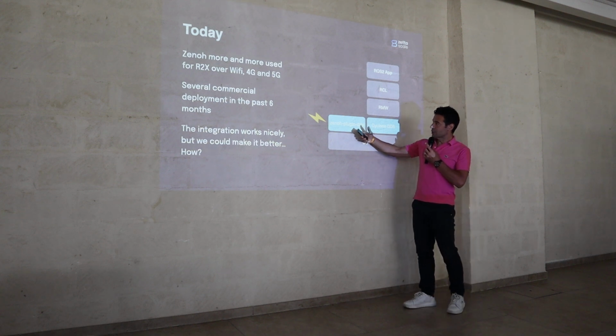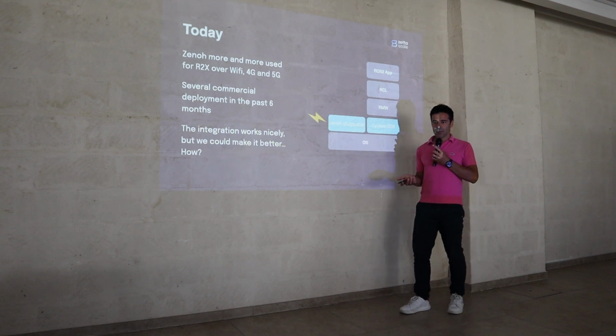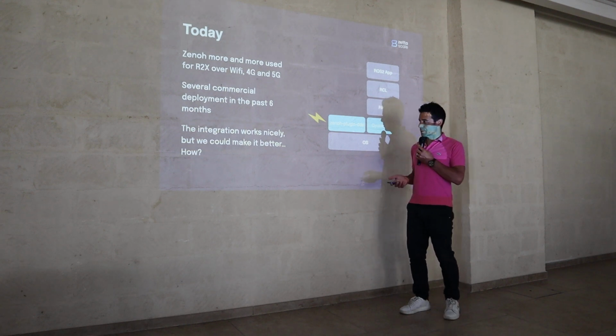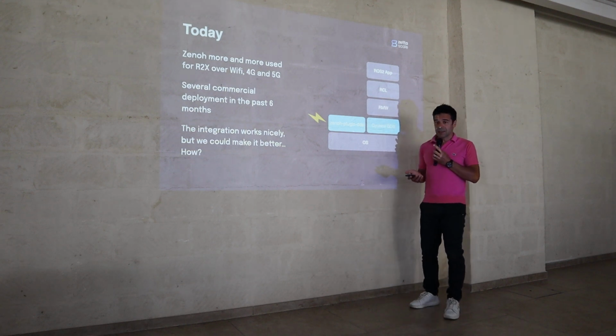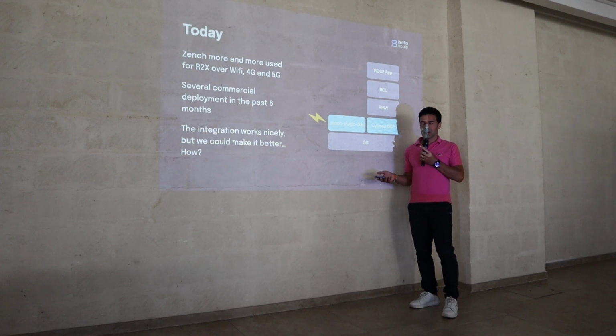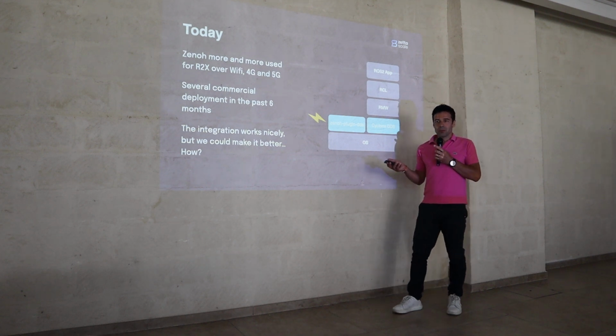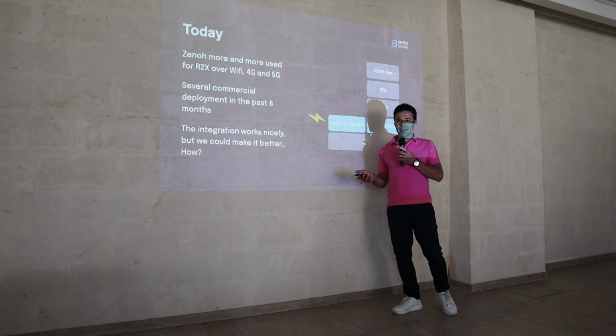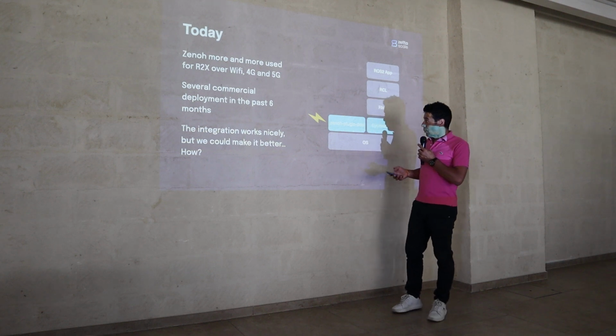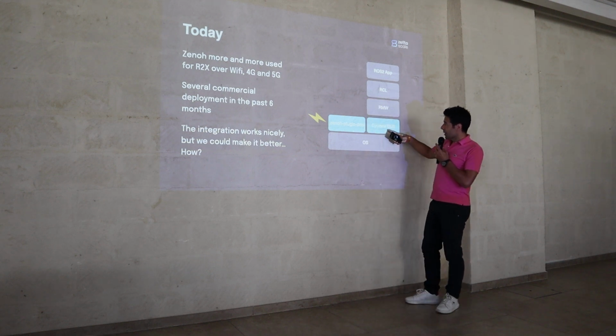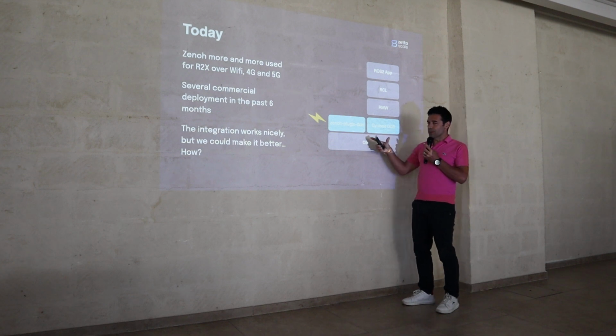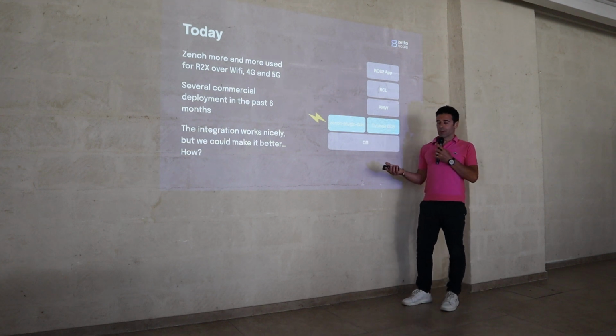And then they leverage Zenoh for robot-to-robot and in general teleoperation. Okay, so this works very nicely. Quite a few companies have deployed this as is, and so you might say, if it works, why change it, why touch it? Well, because the issue here is that although this integration is very high performance,